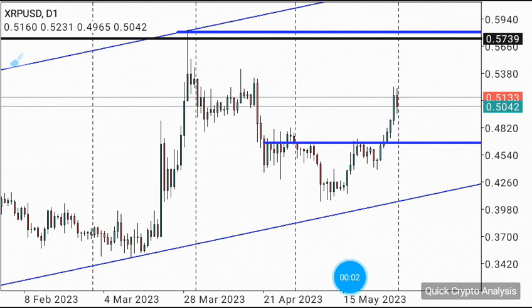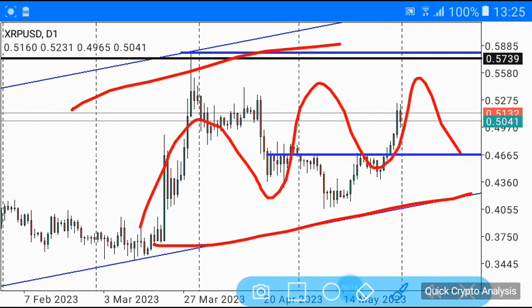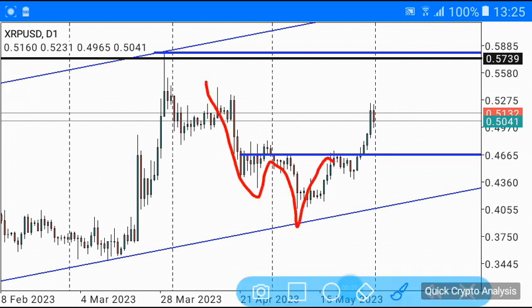This video is on the technical analysis of XRP USD, which is also known as XRP Ripple. At this point in time, we find ourselves on the daily chart. On the daily chart, we can see that the market currently is in an upward trend, an upward trajectory. Another very important thing is the fact that we had this inverted head and shoulders